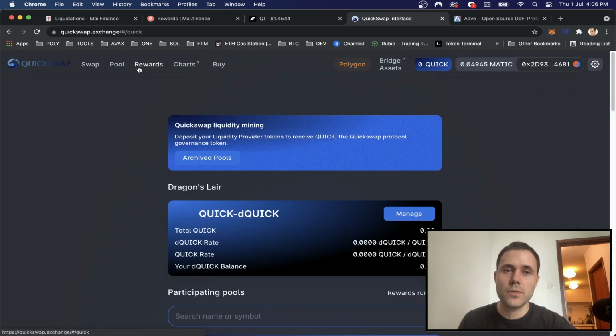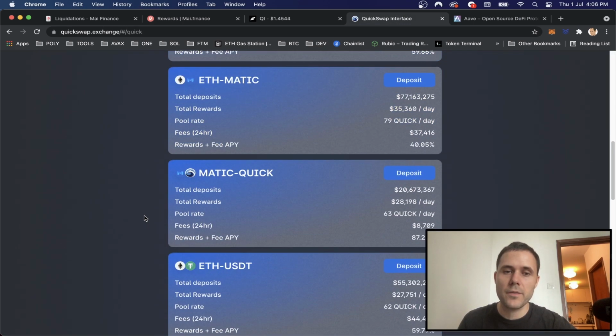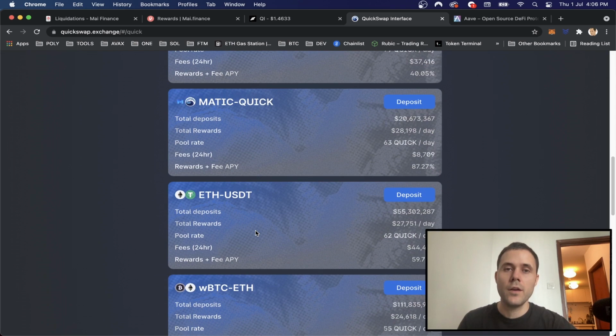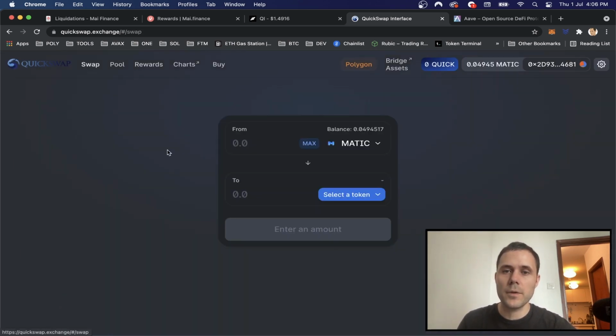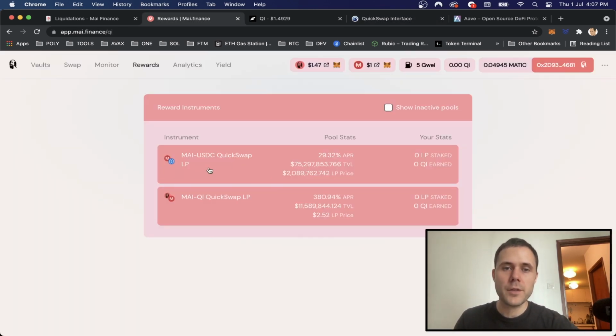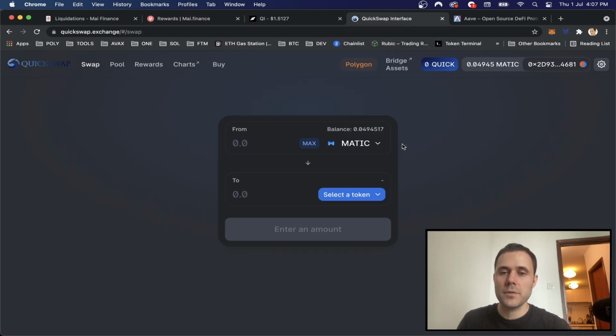We also have a rewards section on here where we have a bunch of liquidity pools. So this allows us to use the swap. Okay, this allows users to swap tokens without a need for a centralized authority. So depending on how many tokens are in a liquidity pool, it depends on our ability to buy tokens. So a lack of liquidity is going to result in something which is called slippage.